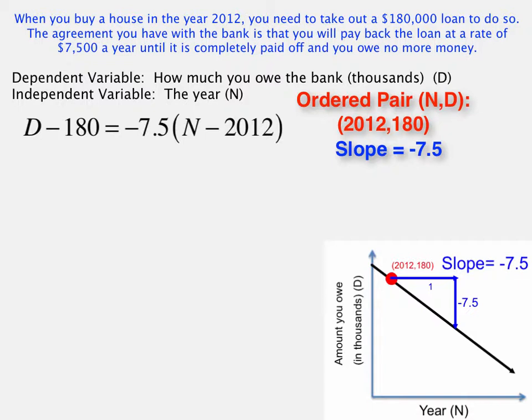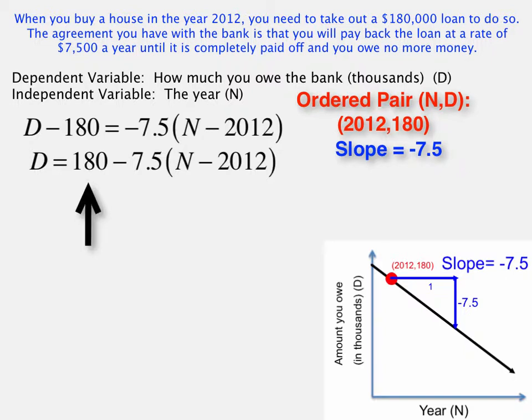2012. Again, I don't prefer the point-slope form of the equation as much as I prefer this one. D equals 180 minus 7.5 times the quantity N minus 2012. Here it's clear that you start by owing $180,000 in the year 2012, and that amount decreases by $7,500 every